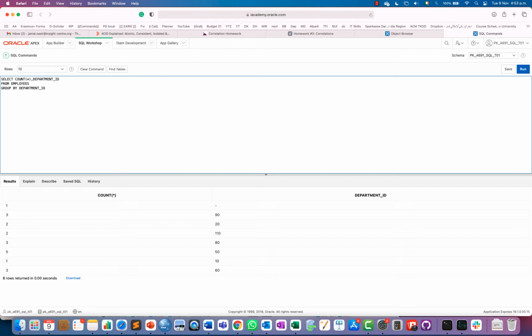Okay, so grouping is just grouping, and this count star is counting the total number of rows for each group that are coming after execution of this SQL statement. So we can see in department 80 there are only 3 employees working and 5 employees are working in department 50. So by this way we can execute group by statements, and similarly we can join multiple things. So we can take a break and then we will discuss. So 10-minute break.